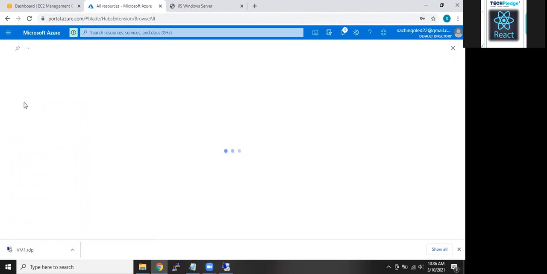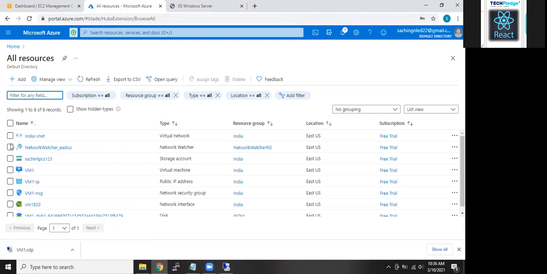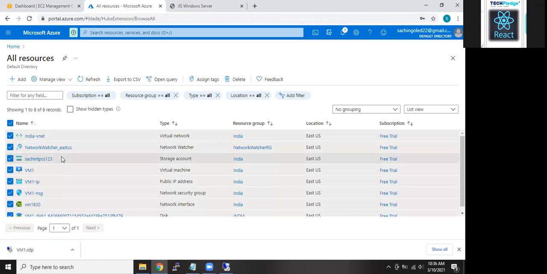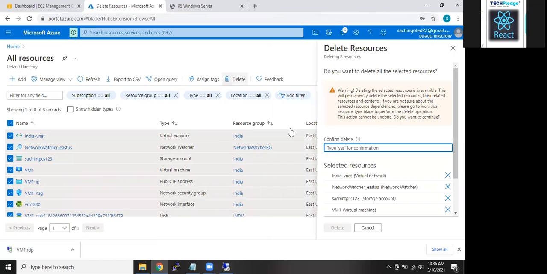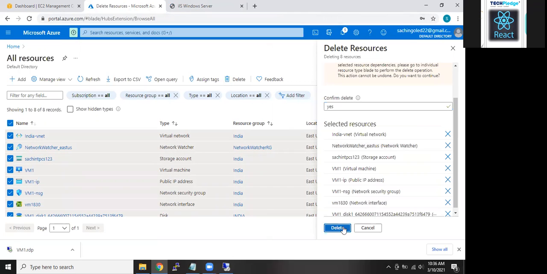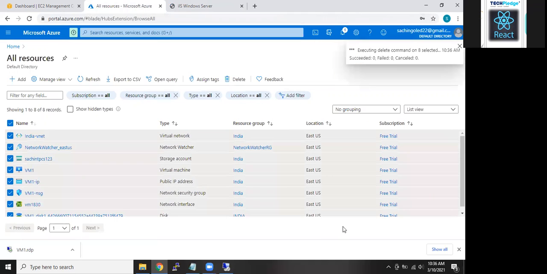Select all and say delete. You see a delete option. Say yes. Say delete.